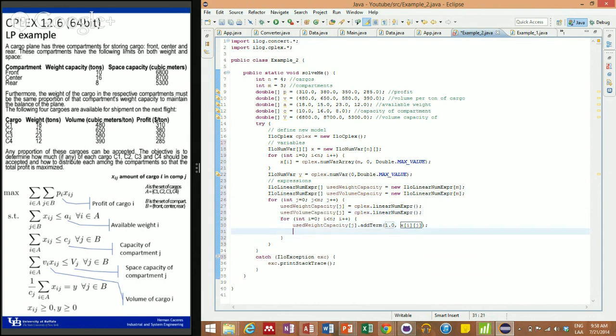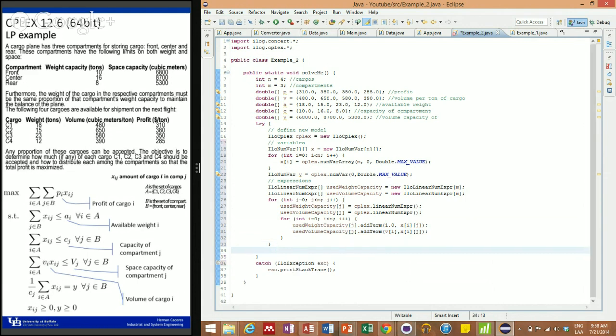And for the volume, we need to transform. Instead of multiplying by 1, we would need to multiply by v. So in this case, we use this one, which is the volume per ton of cargo I. Okay,